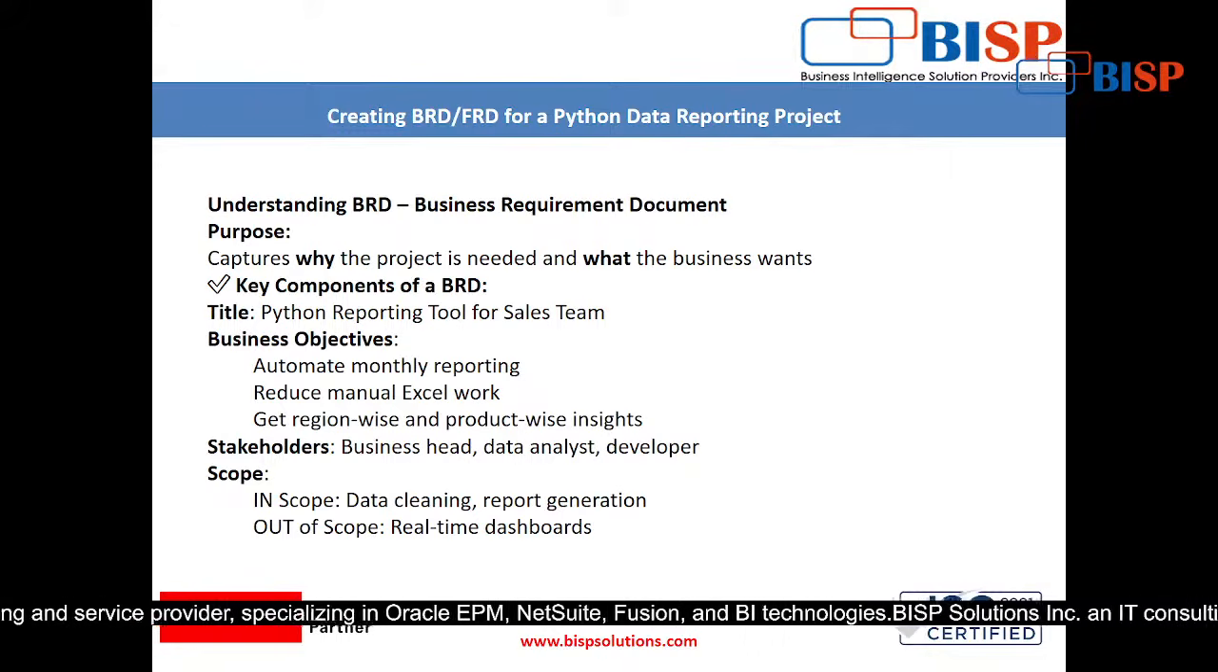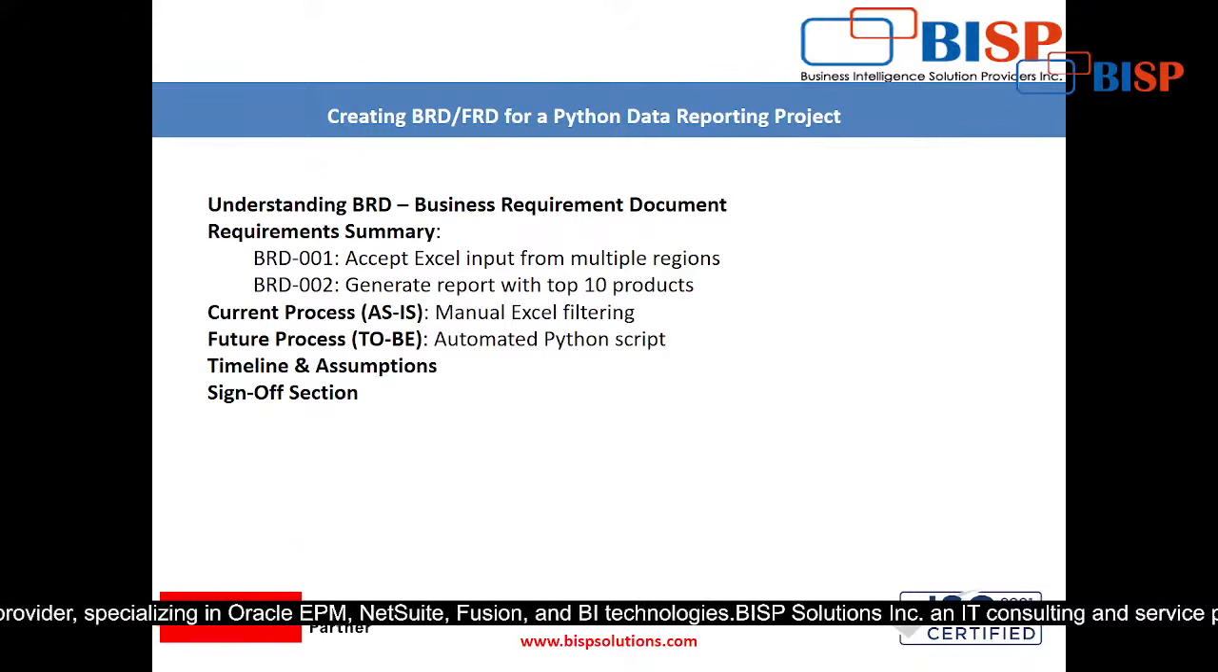Now, this is how the in scope and out scope works. Now, understanding BRD. What is BRD? Now see,